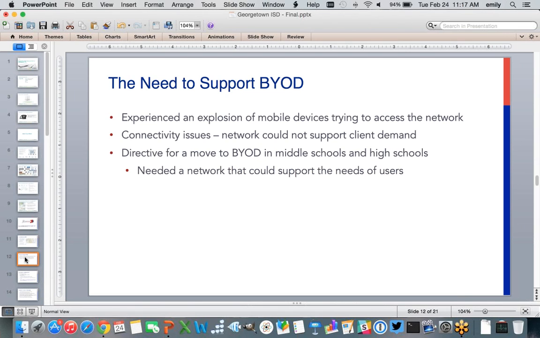So we actually did some extensive testing. We ordered some access points. We deployed those. We've done the same, we also use Meraki switches now. We purchased those. We did lots and lots of testing.